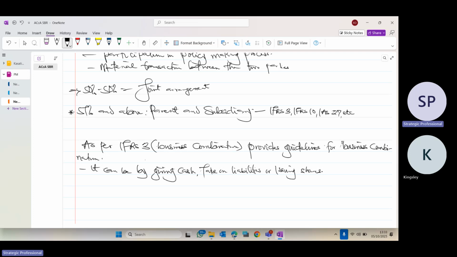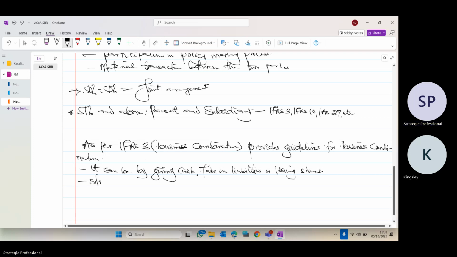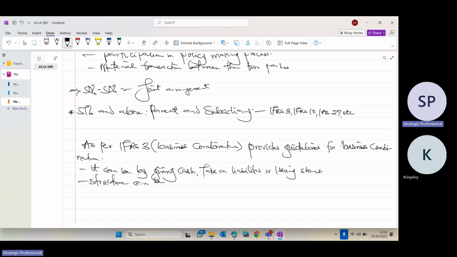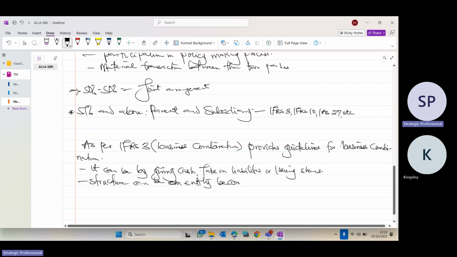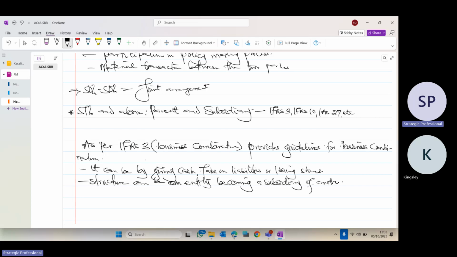And there would also be a structure, which can be an entity becoming a subsidiary of another, or an entity has actually transferred